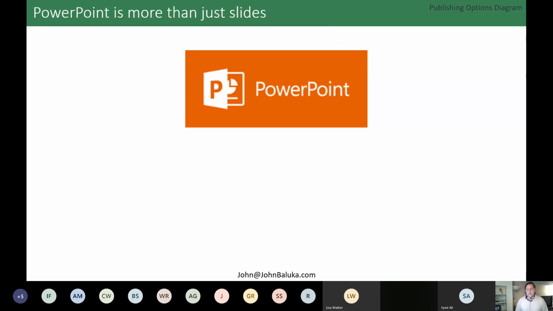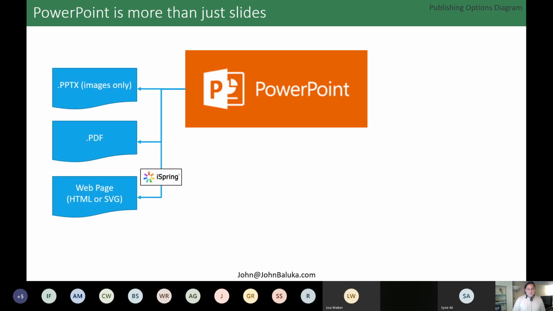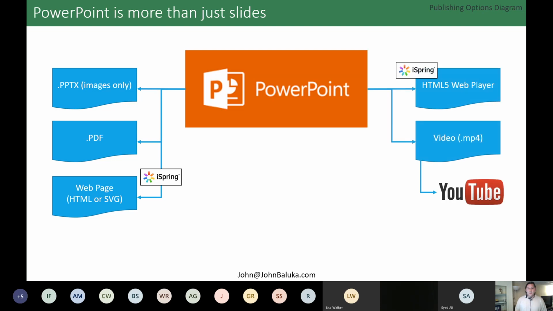So let's talk about this tool, PowerPoint, of all things. You can do a lot with it when you put information into it. All the images and all that of PowerPoint could be exported, it could be saved as a PDF. You can even export to a web page with some other add-ins like iSpring. You can export what you do to a video. So you can record within PowerPoint. In this presentation, I can record my voice and everything, and then export what I do in